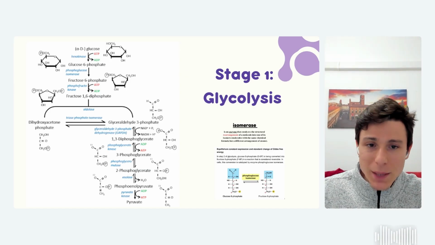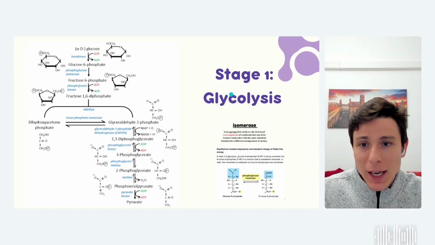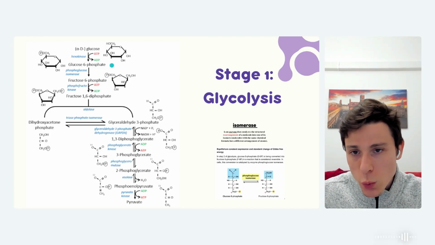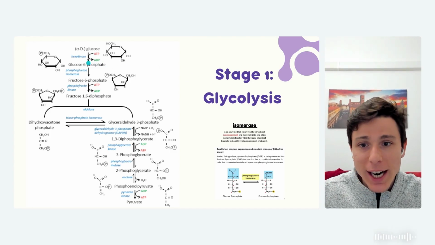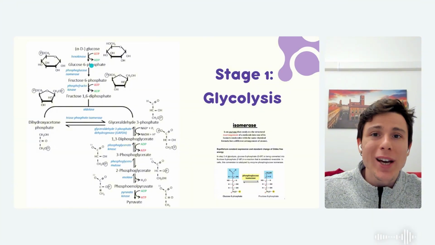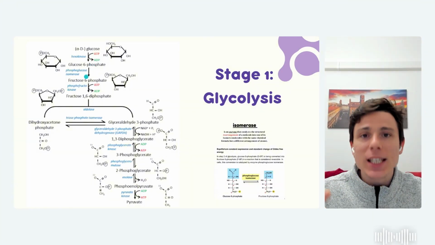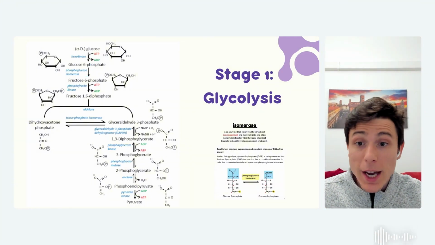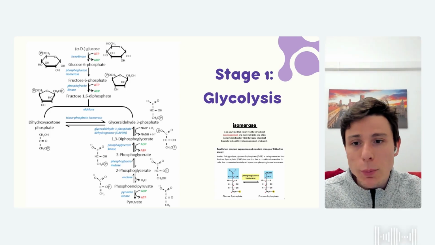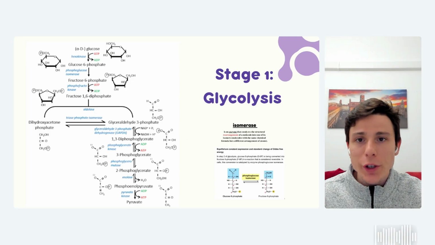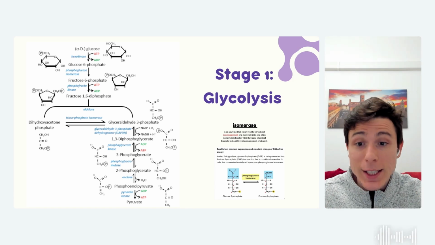And the second approach is going to be by remembering the names of some enzymes that might be important for the questions. The first one I want you to keep in mind is that the hexokinase is going to be the first enzyme, and it's going to add a phosphate. Other than that, the isomerase is going to be responsible for changing the place of some atoms. And also the aldolase, that might be important because this is the enzyme that is going to start the formation of pyruvate. It's going to be the one that breaks this molecule into two.